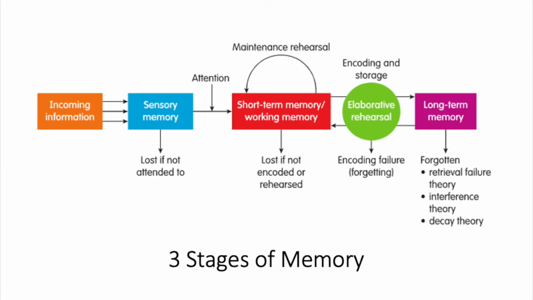Then, once it's in our long-term memory, we must practice retrieving that information, recalling it from our long-term memory into our short-term memory again in order to do something with it or to process that information again. Our long-term memory is infinite. We can process and store as much information here as we need to, and the information is fairly permanent.